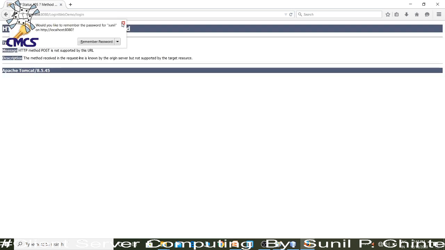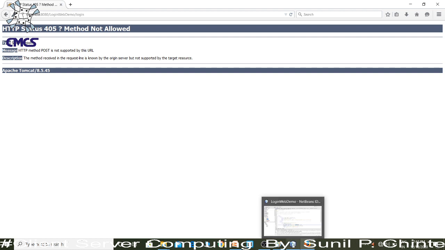Here it gives some error: HTTP method post is not supported by the URL. Let's see what the error is.